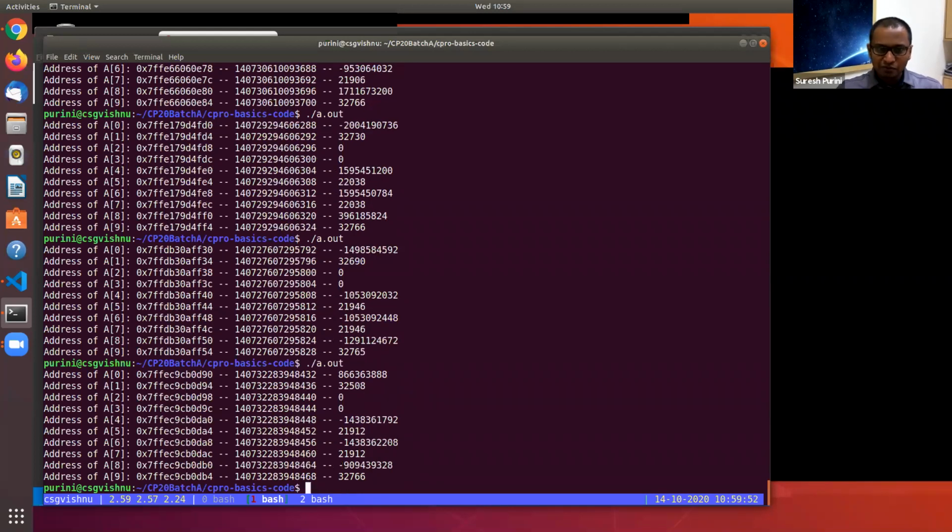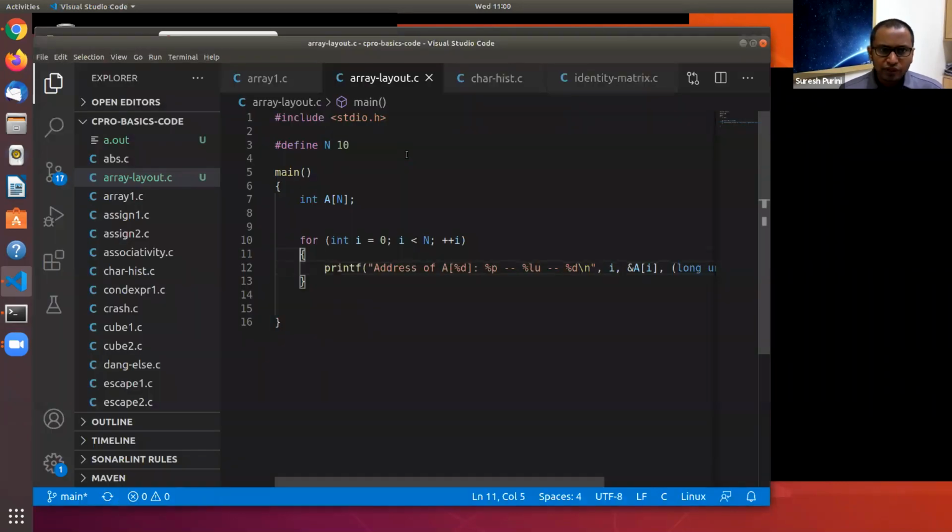I don't want to spend more time on this, but all I want you to understand is that you cannot rely on them. But if you want to initialize this array to specific values, for example 1, 2, 3, 4, 5, 6, 7, 8, 9, 10, there are 10 array elements, and this is how you would do it. So 1, 20, 40, 50.